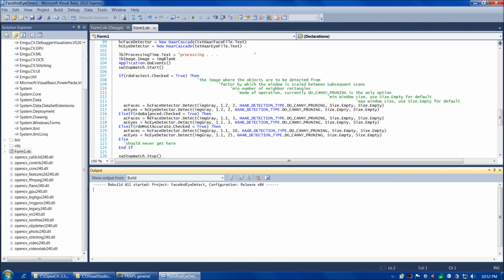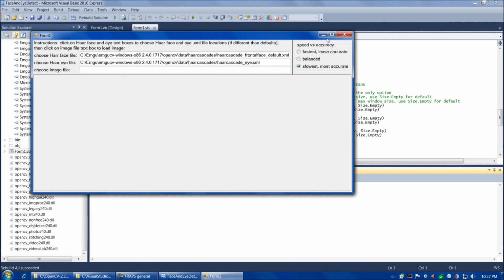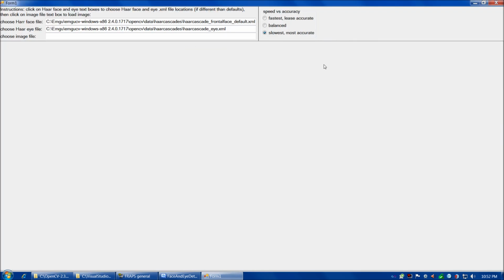Now we can go ahead and do a compile. And that's a good sign, one succeeded. So let's go ahead and fire it up. And we'll maximize the window. And so the first thing that we can take a look at is choose Haar face file, choose Haar eye file. So for example, if we click on the Haar face file text box,